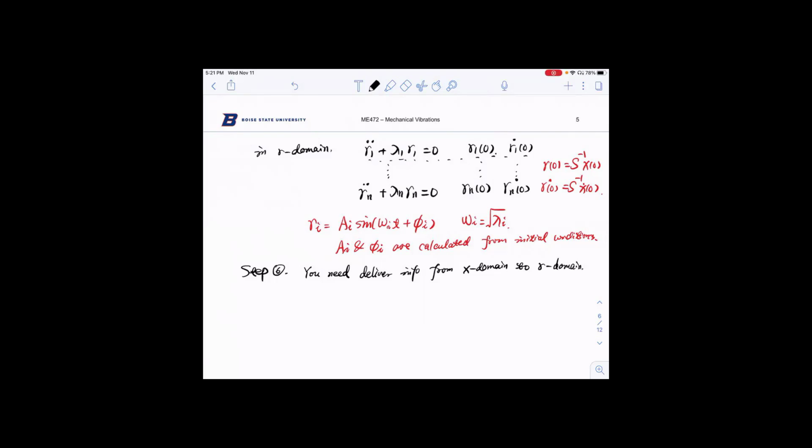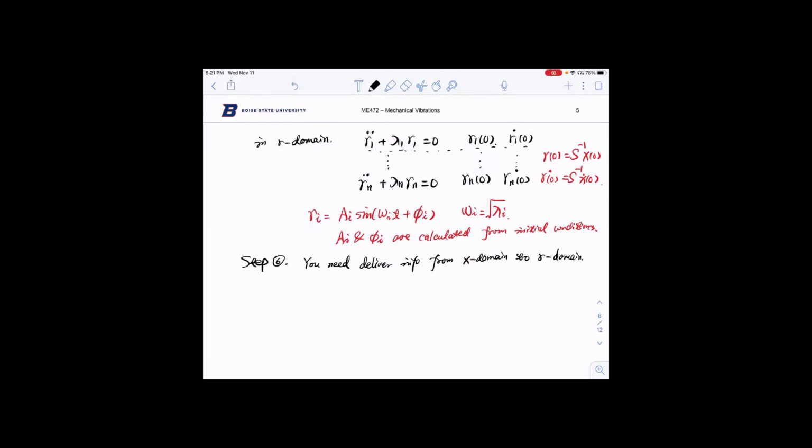The way you do it is just using an S transform, S matrix. The major information here is the information for initial velocity and position. All right. So eventually step 7,